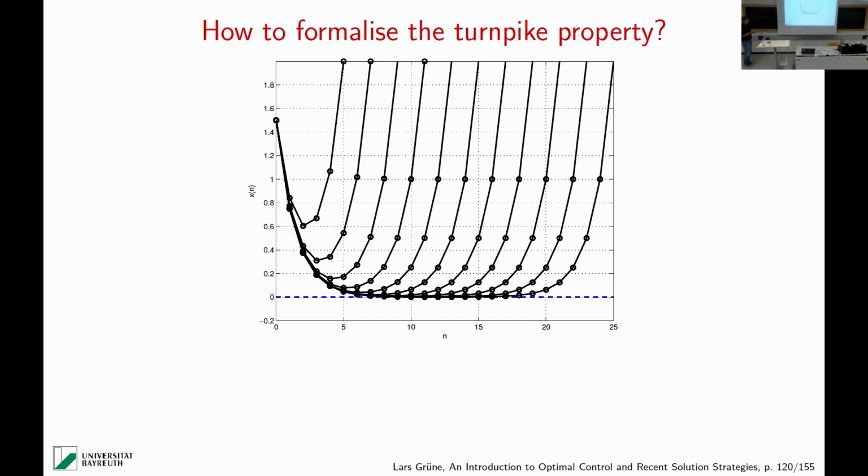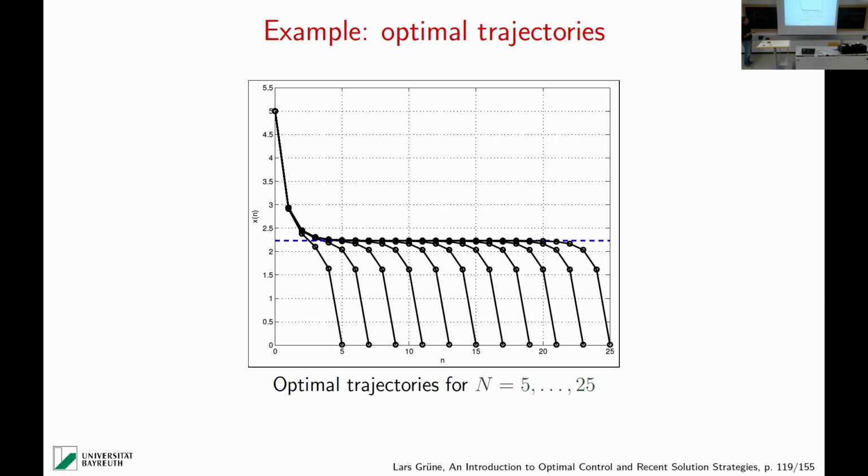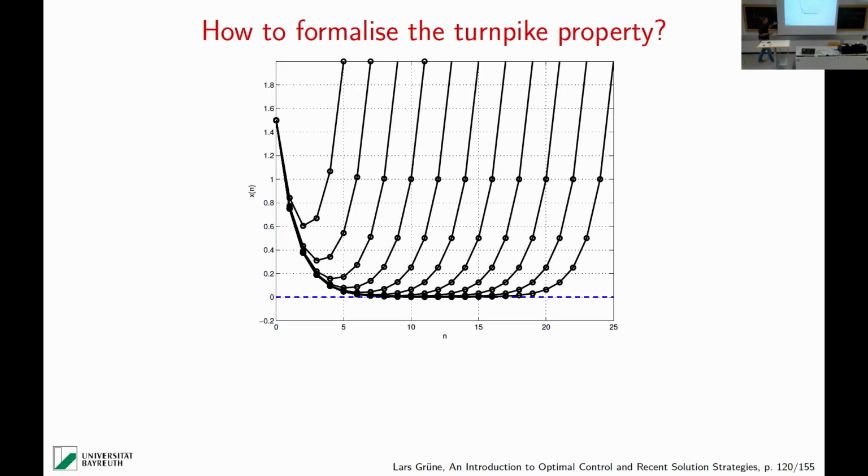Okay, so that's another example. Another example for the Turnpike property. And now the question is how do we formalize that? There are again many different ways, and I'm giving you just one. So one way of formalizing that is we take a neighborhood of the equilibrium, an